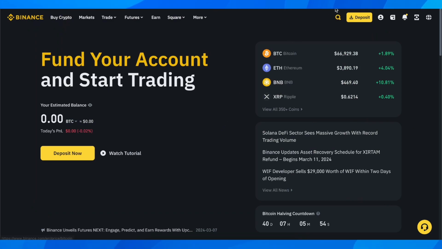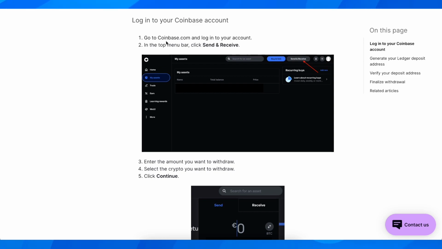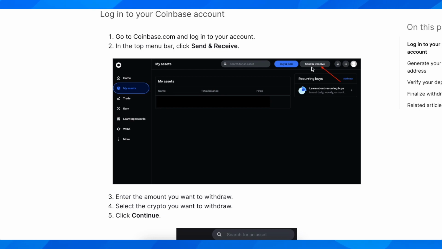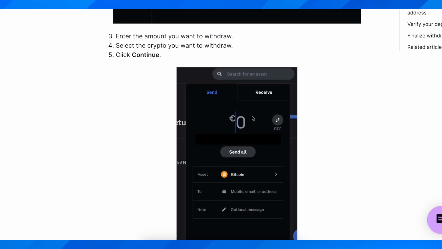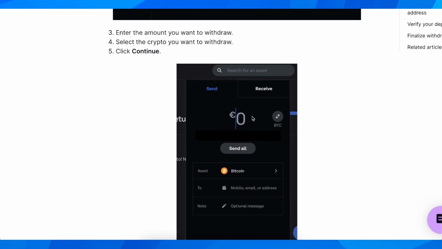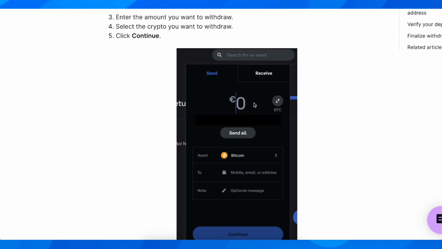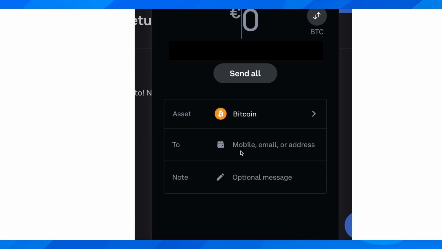So basically what you're going to have to do first of all is go to coinbase.com and log into your account, and then click on this send and receive button. Then you're going to have to enter the amount of Bitcoin, or if you want you can choose other cryptocurrencies to send from Coinbase to your Binance account. And then the most important thing is to click on this